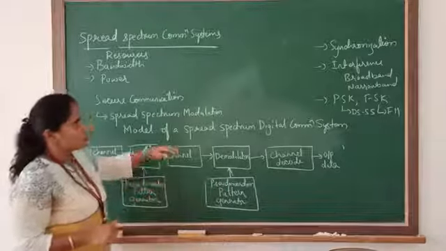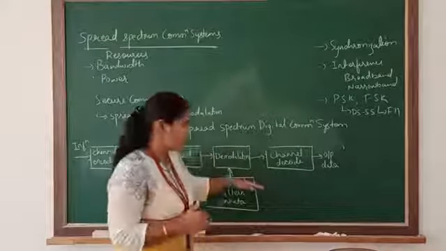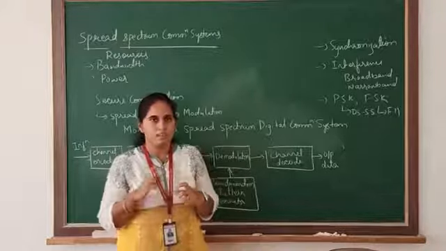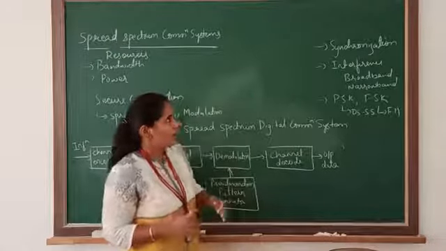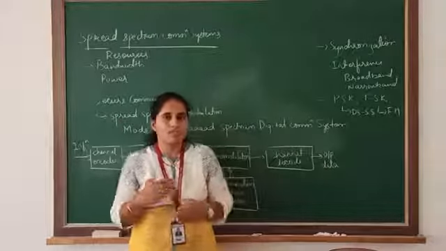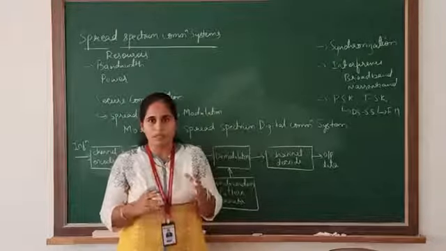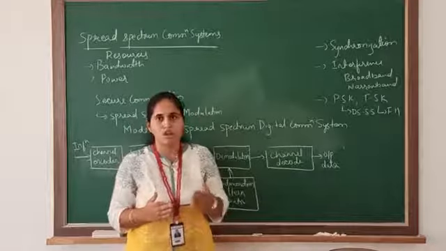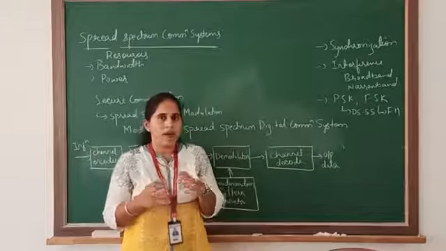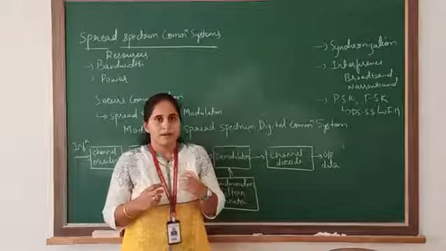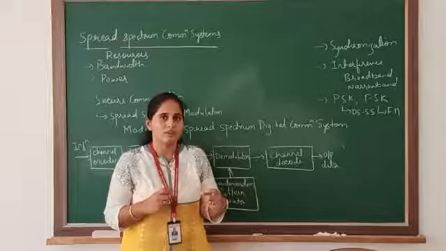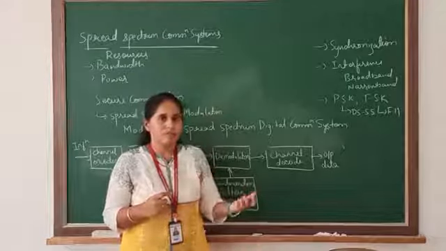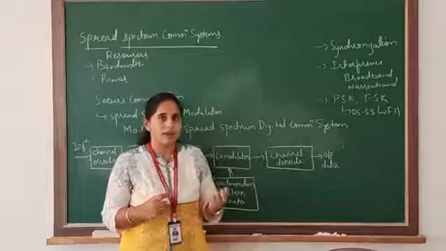So the main thing the model considers is synchronization between the transmitter and the receiver. And if there is interference introduced by the channel, there may be two types of interference signals: broadband interference or narrowband interference. Narrowband interference means the interference has the same bandwidth as the signal we are transmitting; such interference signals we call narrowband interference signals.